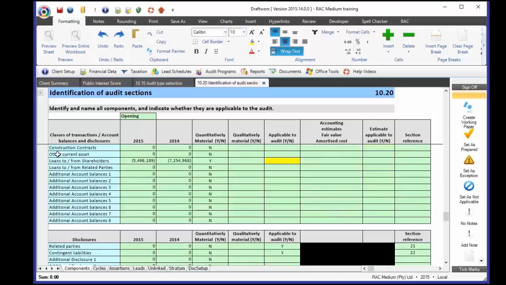And then I get to my loans to and from shareholders. Now with loans to and from shareholders, it could be a debit balance, it could be a credit balance, and it changes, and sometimes it's a mixture of the two. Okay, so I'm going to say here that it is applicable to the audit, and I want you to notice